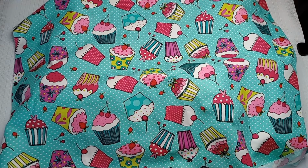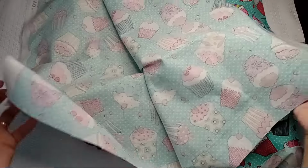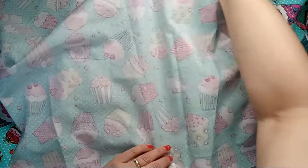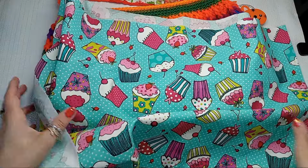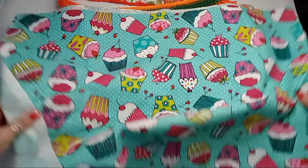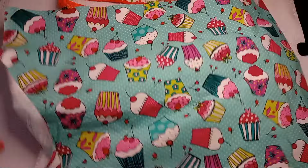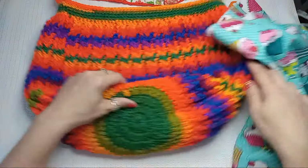The fabric I got, when you open it, that's how it comes from the bolt. So I actually got a little remnant here, which is only 17 inches. And so I just need to figure out how to make that a round bottom. So first, my bag turned out to be